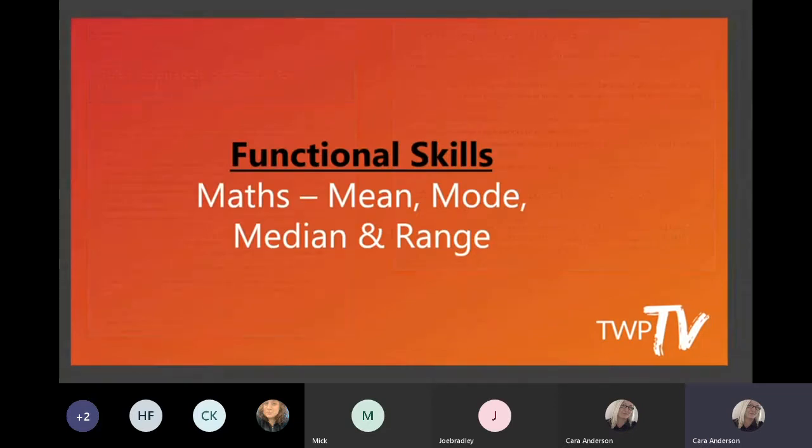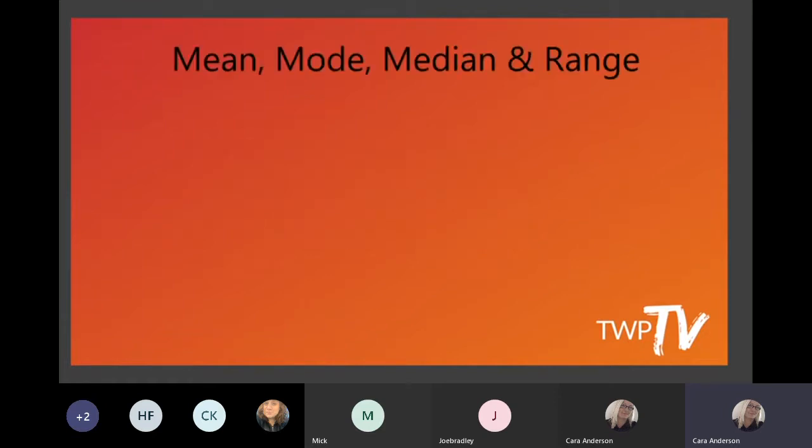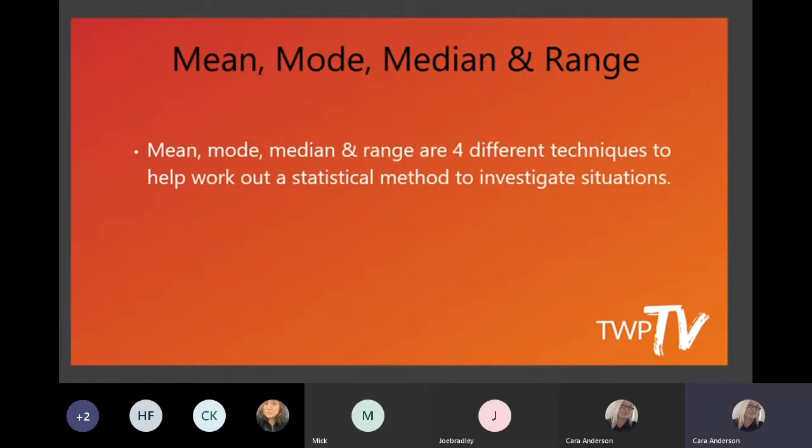Okay, so this afternoon session, back to maths focus. So today we're going to look at mean, mode, median, and range. So mean, mode, median, and range are basically the four different techniques to help work out statistical methods to investigate